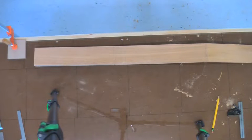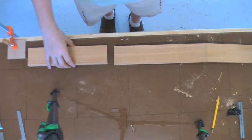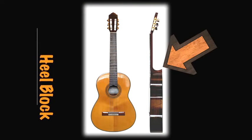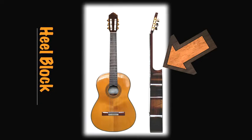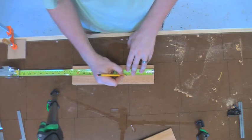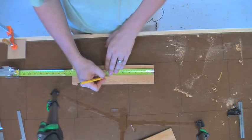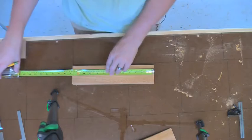Okay, now we're going to take the neck and we're going to cut off this piece here. And that piece will become the heel block. So I want to divide this into 3 pieces. So we'll go with 4 1/4. There's 1. There's 2, and that should be 1, 2, 3, 4, and about a